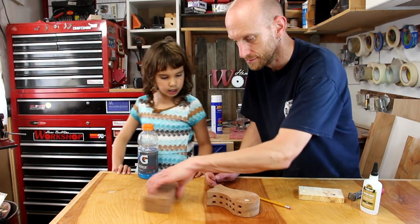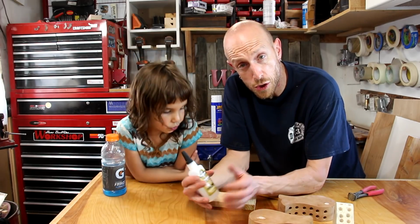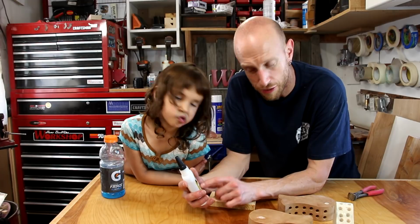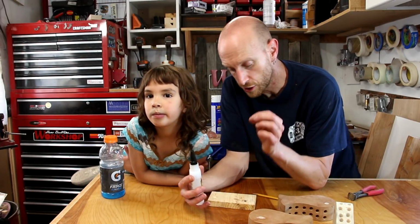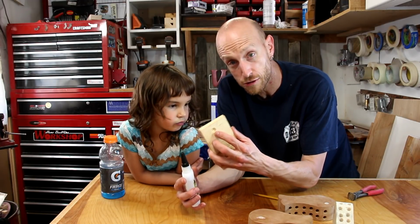Next, we're gonna glue in these little eye things here. We're gonna use some super glue to secure the side dot material. Now this is a thin super glue. I don't have any of the thicker super glue. When I use this, you gotta be really careful because it comes out really quick. So in order to not get too much on the piece, I've just taken a piece of scrap wood and